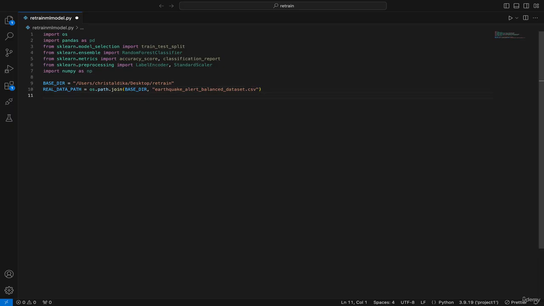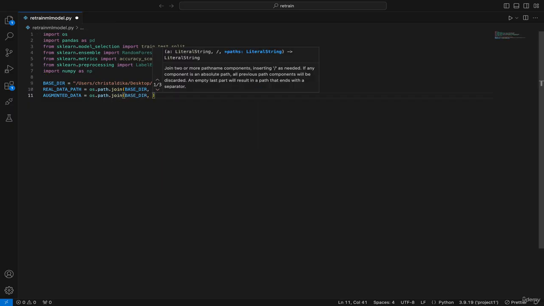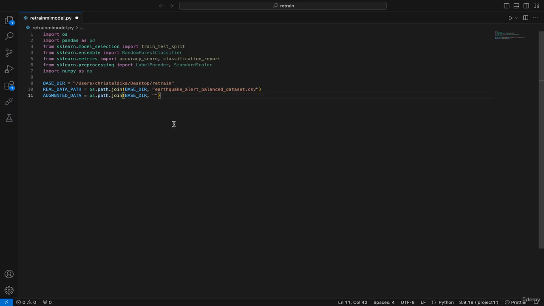Next, we are going to add the file path for the augmented datasets. Let's create a new variable. I'm going to name it augmented_data. And we are going to use os.path.join, and let's put base directory inside the parentheses. And for the new file, we're going to name it new_data.csv. Okay,